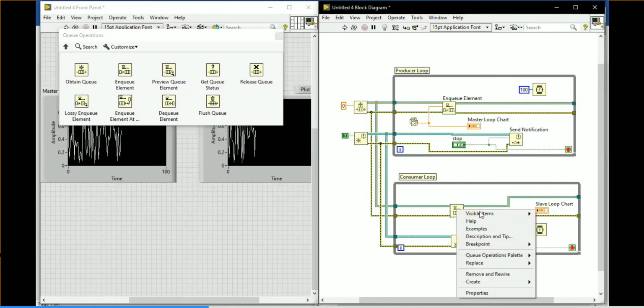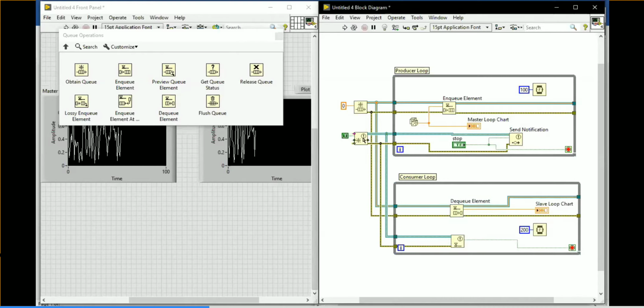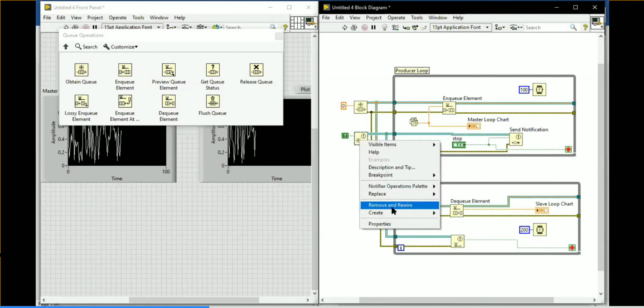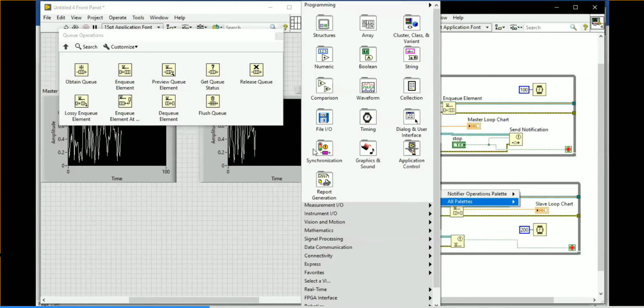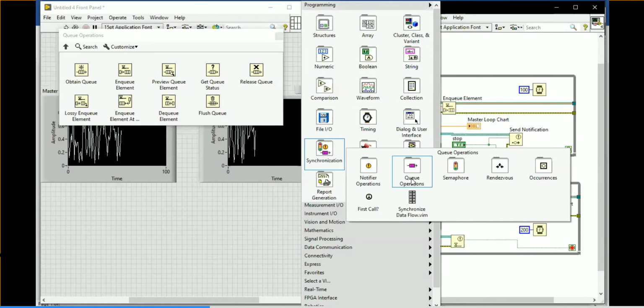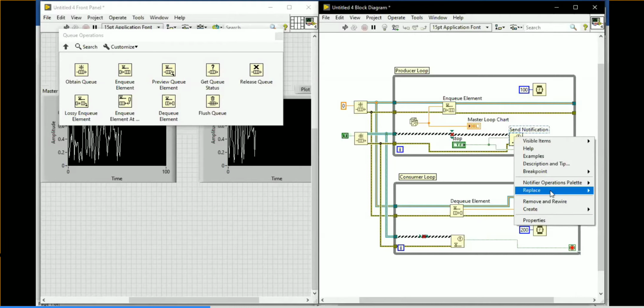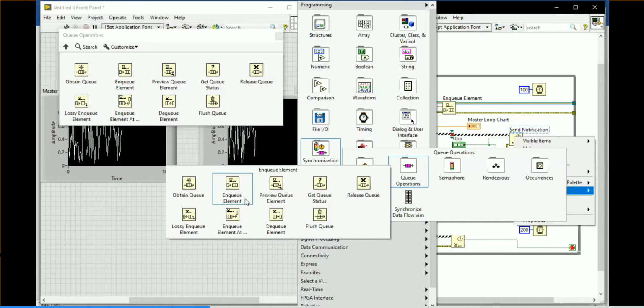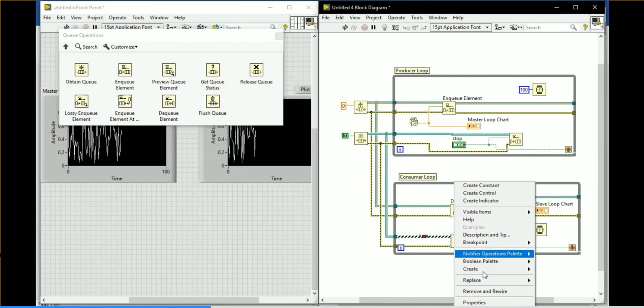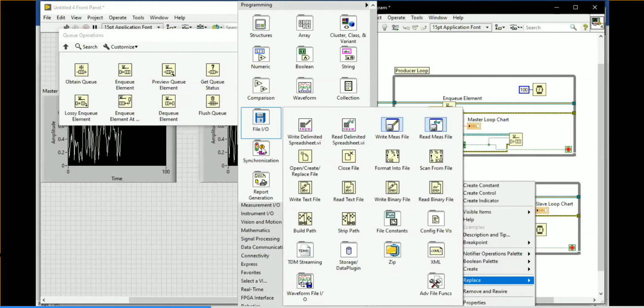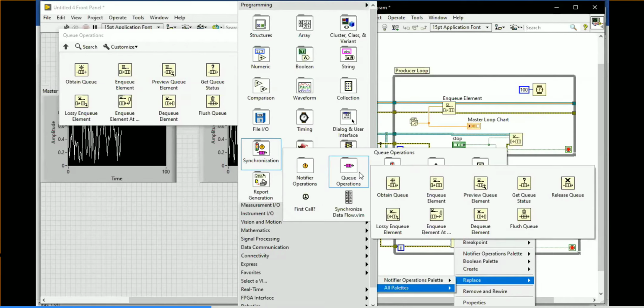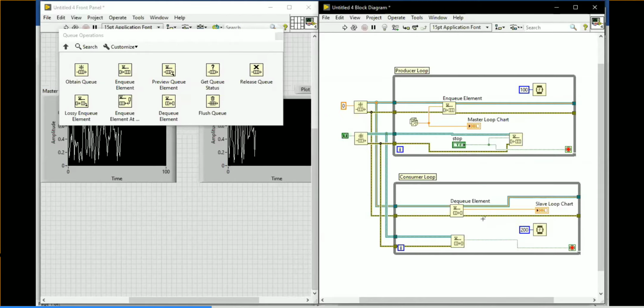Change the labels for all those things. Change it for the boolean also. Replace all of those with obtain queue, NQ element and DQ element. Just replace all the components so the proper reference will be taken over there. Or if you are interested, you can design the program again once more.